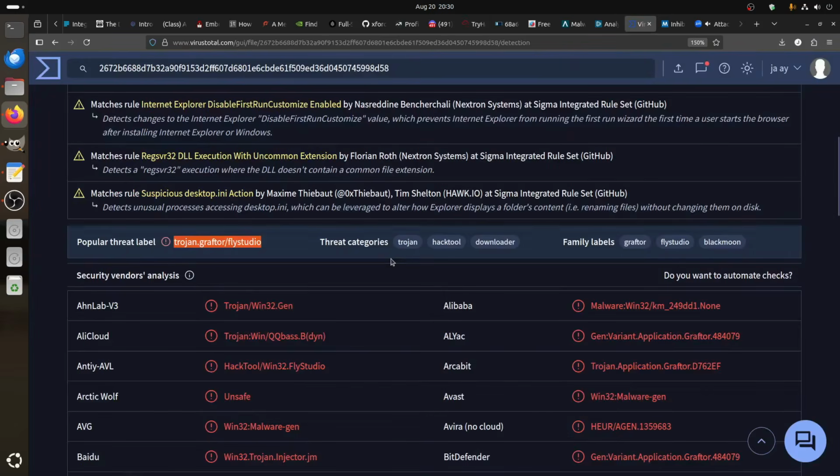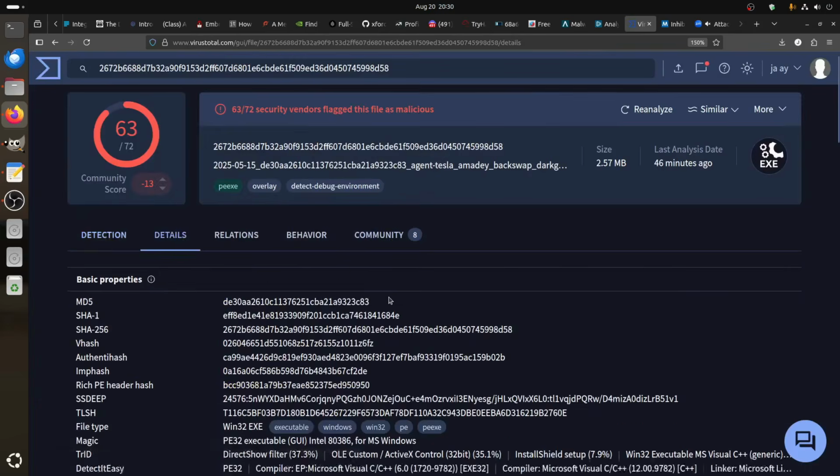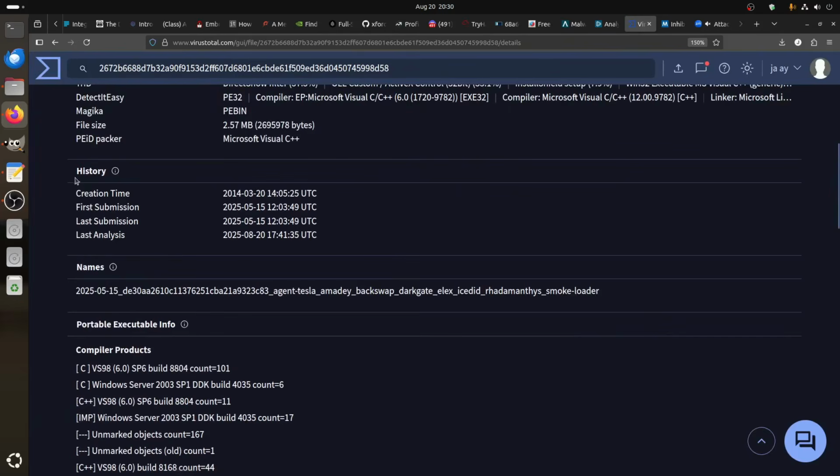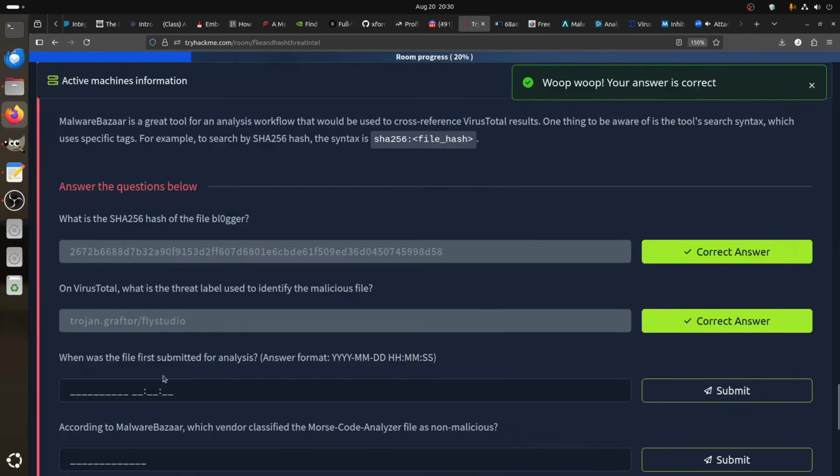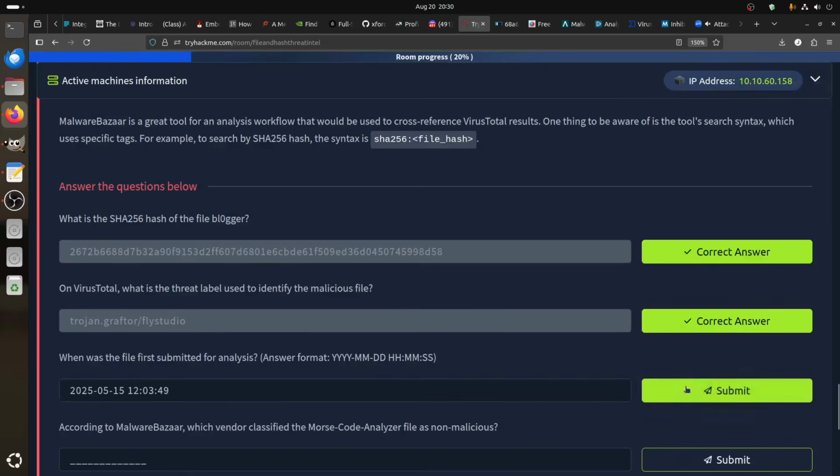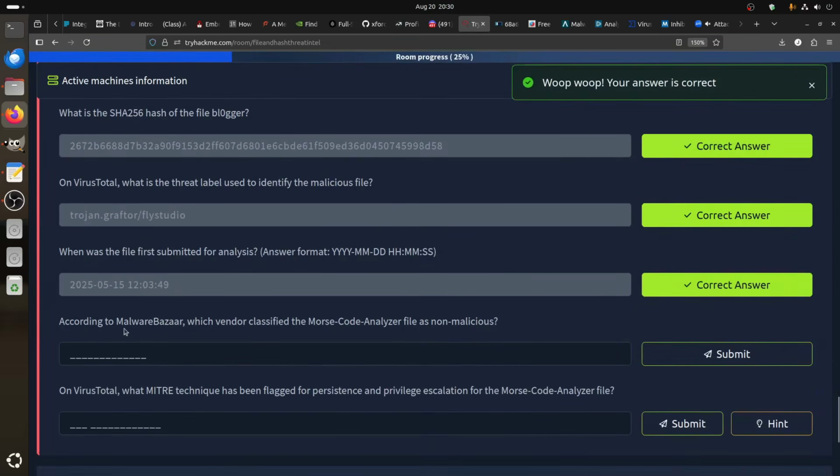Okay, that's that one. Then when was the file first submitted for analysis? Usually in this type of CTF, if you find this type of question, you get it straight in the details section. First submitted, so it means it is this one. Control C, then you can do. And then he said, according to MalwareBazaar, which vendor classified the